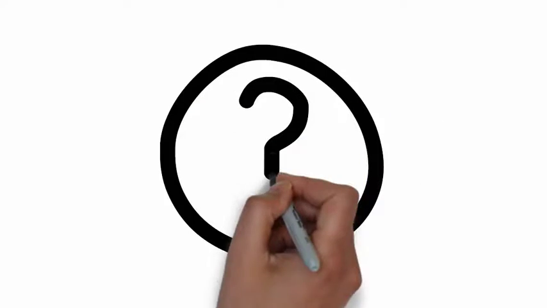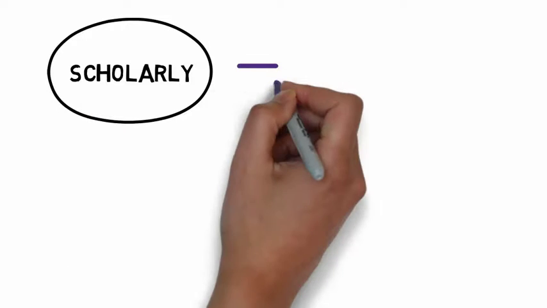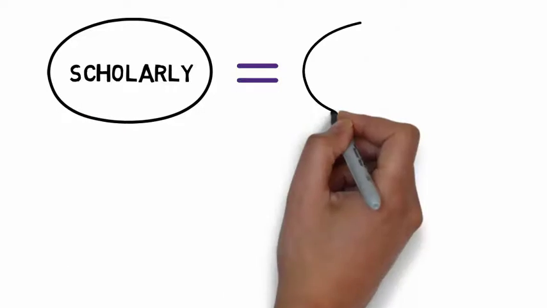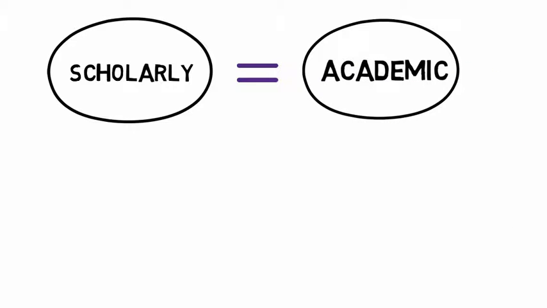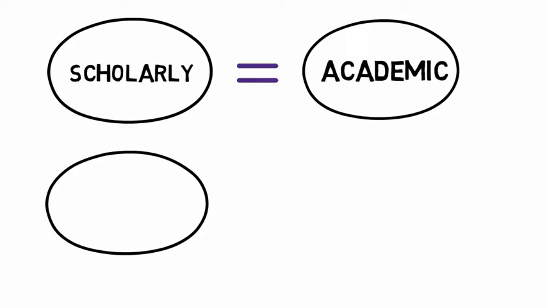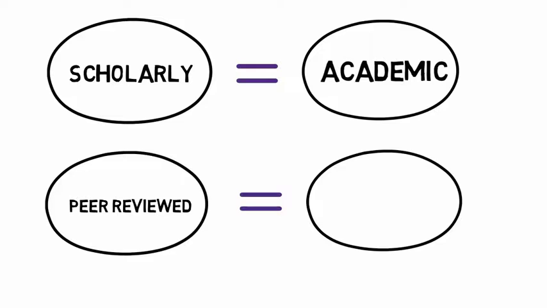So if this is the peer review process, what's the difference between a scholarly, academic, peer-reviewed, and refereed article? You'll probably hear all these terms. Scholarly and academic are synonyms for each other and generally refer to the process of doing research in a university setting. Peer-reviewed and refereed are synonyms for this process of making sure articles are read by and approved by other competent researchers in the field before publication. Peer reviewers are sometimes called referees.